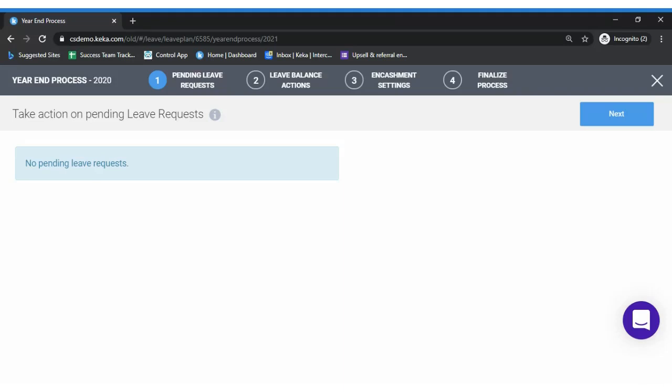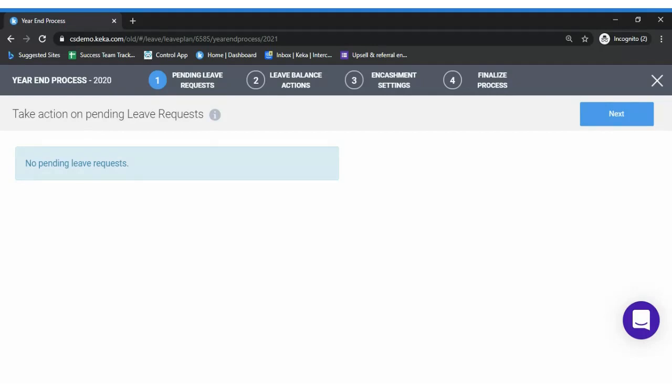Please be noted that once the year-end processing is done, you would not be able to apply leave or make any changes for the previous year. Though you may be able to apply for the previous year, it will get affected from the present balance.